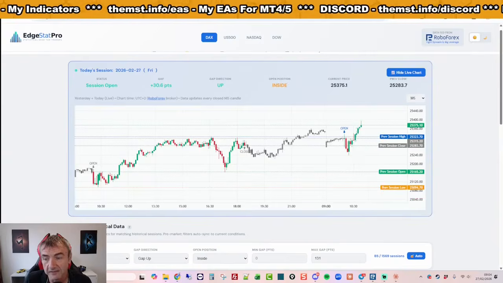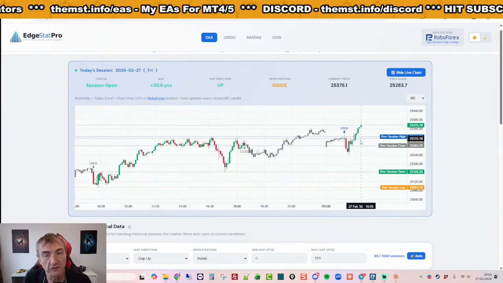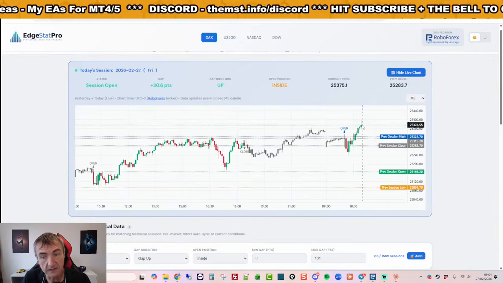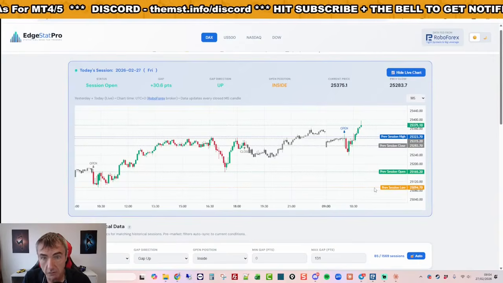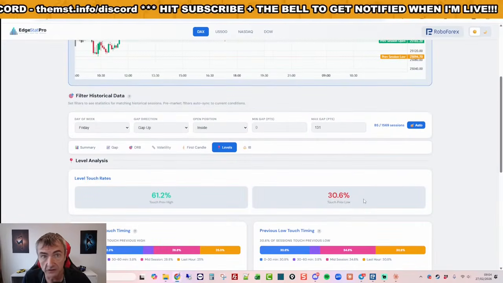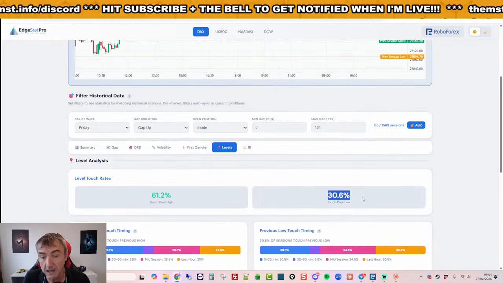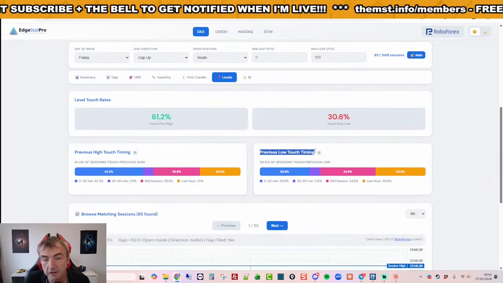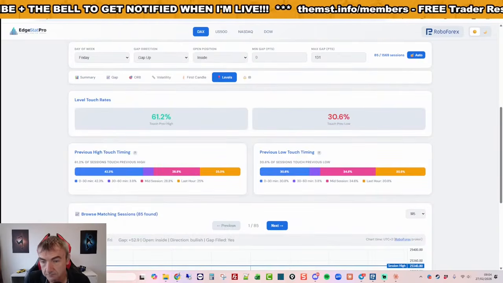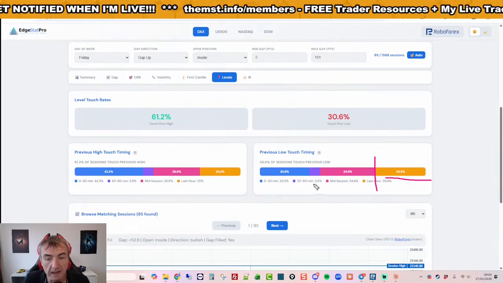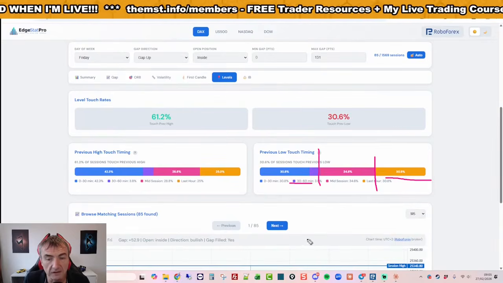So everything is unique because he knows what's going on and he's adapting. We're bullish at the moment, so he knows the probabilities of that are very low to start with. It's only 30% to start with, and price is pushing hard away from it, so the probabilities are probably lower today. And he also knows when the timings happen. So we touched the previous low only 30% of the time in the last hour, and up to 60 minutes, we touch it 30%.